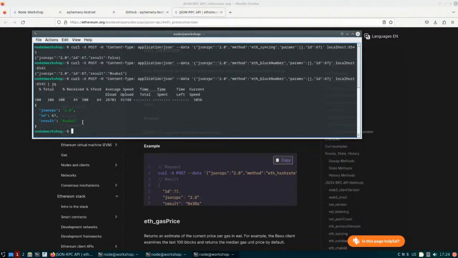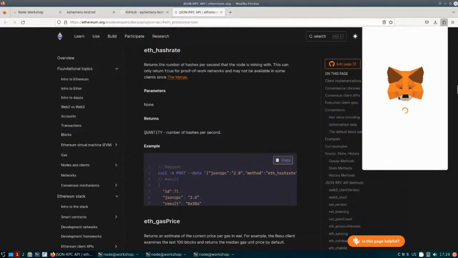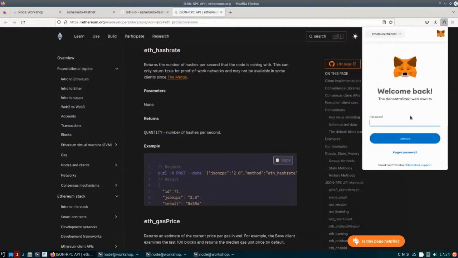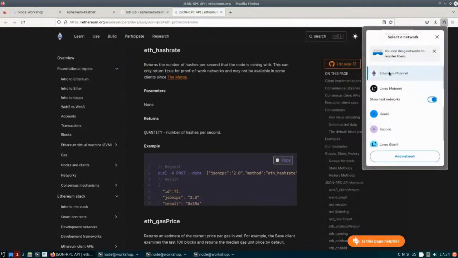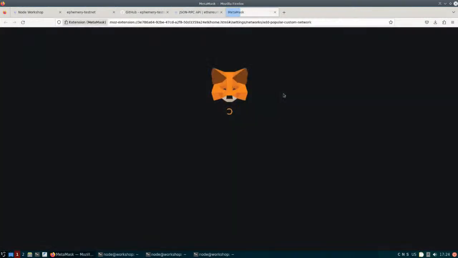Also, you can use this, of course, in your wallet. So let's maybe do that. I have a MetaMask here that I installed for the purpose of doing a workshop, and it has some default Ethereum mainnet and so on, but we can switch. Yeah, I want to switch network, add network. So here I want to add a network, which is going to point to my own